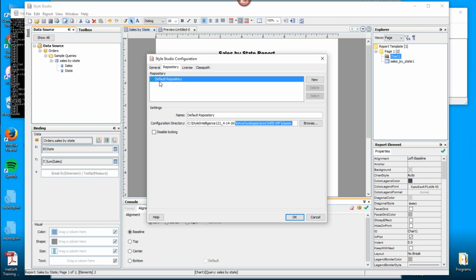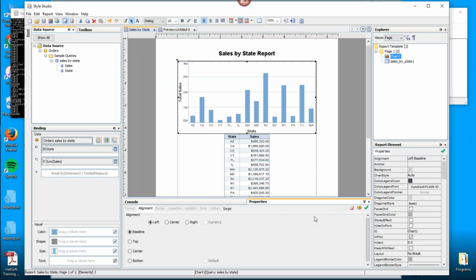Now there are other ways to set up repositories. You can set up multiple repositories. You can set up different kinds of repositories, and that's going outside the scope of this little webinar. So I'm not going to talk any more about that, but at least this gives you the idea of one approach to saving reports and deploying reports. Okay, so that's that report. If there's any questions on that, feel free to chat me.